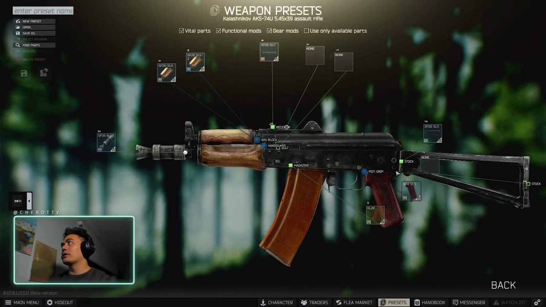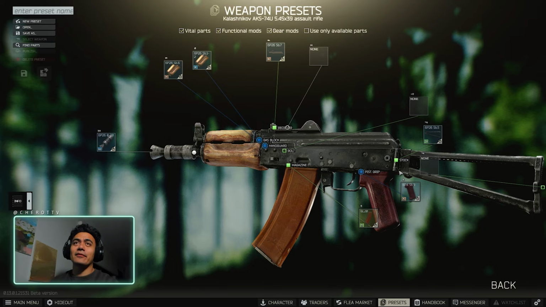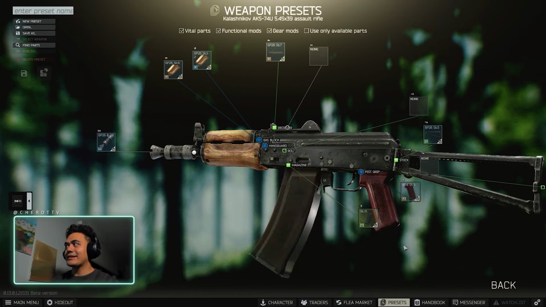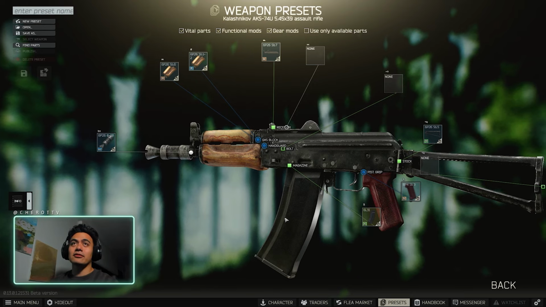Gunsmith Part 2. This is based off a standard AKS 74U build. So you can get this from Prapper or found in raid through scavs and stuff like that as well. Just be wary that the durability is still over 60. That's all you require. One hard piece early wipe to get for this build is the 60 round mag. So the 6L31 60 round mag, that is the one piece that you're going to really struggle early wipe to